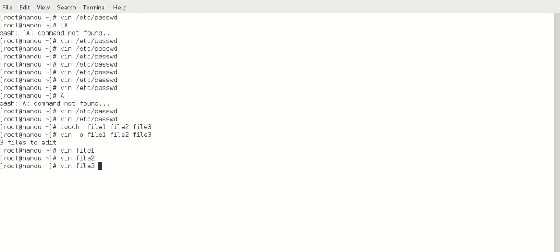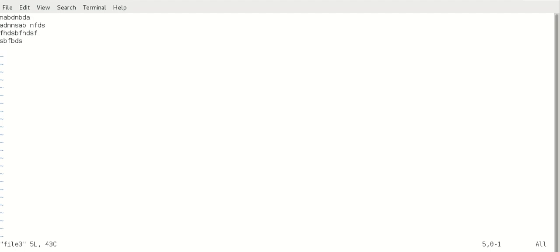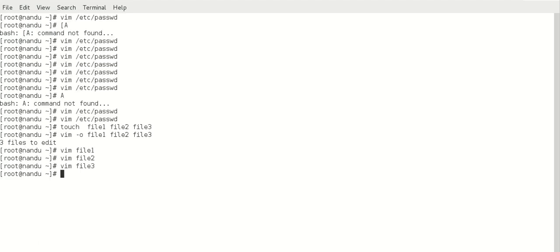So if you want to make small changes in a few files at a time, we can use this command. It is a very useful command, vim -o, to open multiple files at a time. We can edit multiple files at a time, one by one.